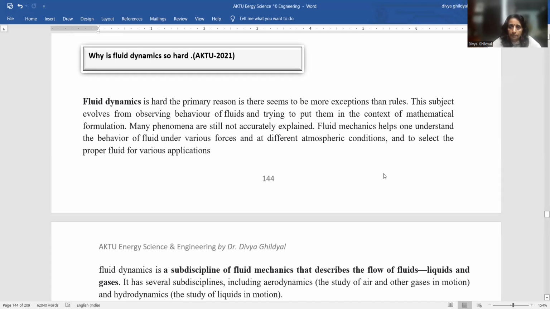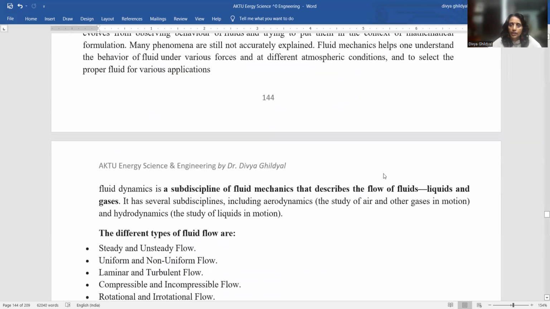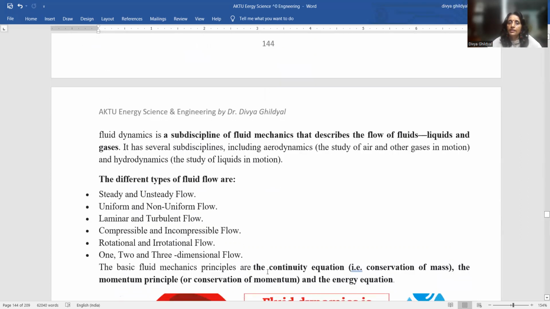Fluid mechanics helps us understand the behavior of fluid under various forces and at different atmospheric conditions. You must have heard that you shouldn't keep your petrol tank full when it is very hot outside. Keep a certain level of space left in the petrol tank, because heating results in gaseous formation in the petrol, and it can be dangerous. So there are many precautions which have to be taken when we are choosing fluid dynamics as our source of